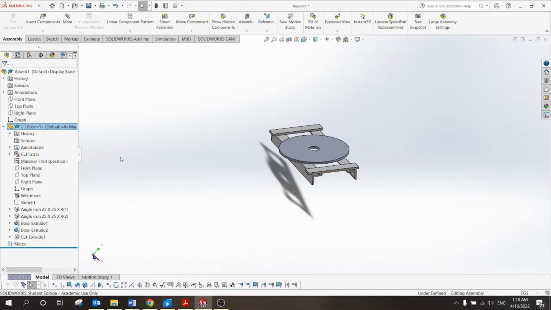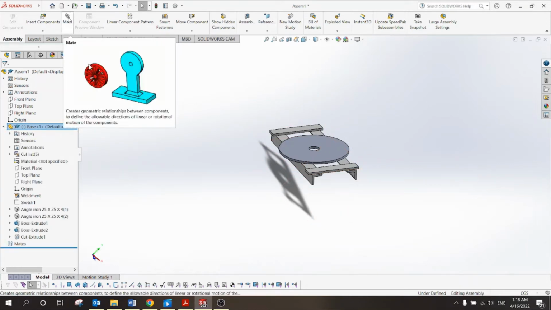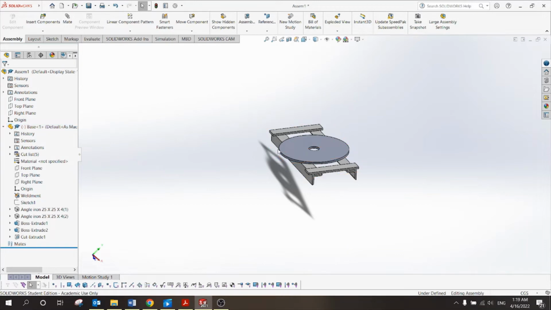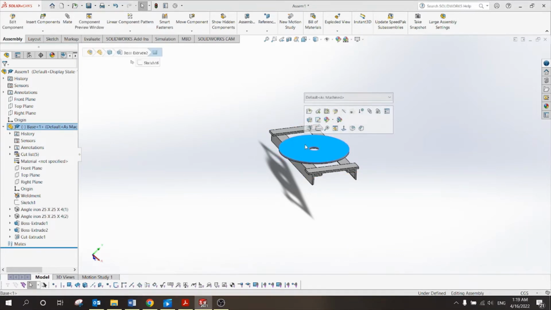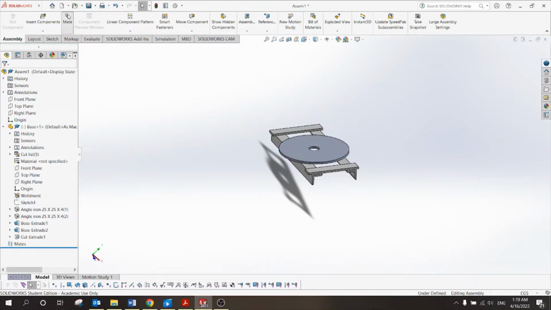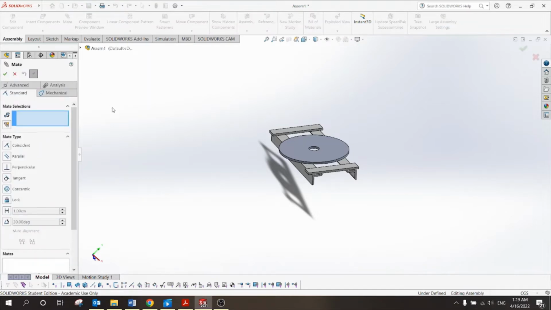Then simply I can use the mate component, and I'll say this face of the part should mate the top plane of the assembly. How I can do that? I'll just go to mate, and it asks me the mate selection. I'll say this face, for example, and now I can see that I'm dealing with the mate conversation tab,